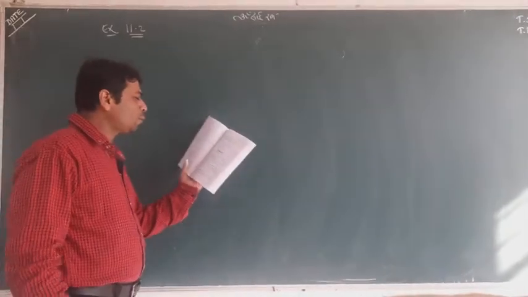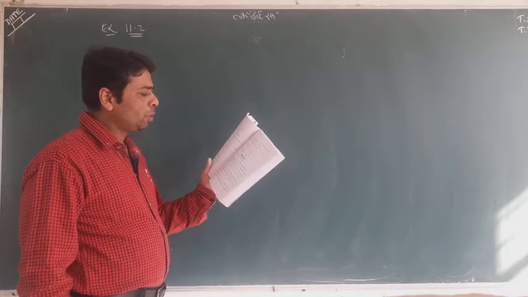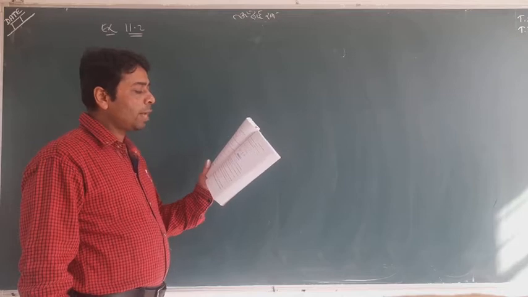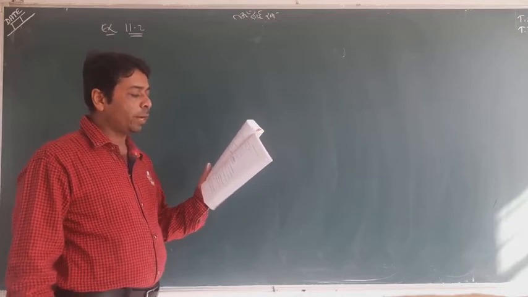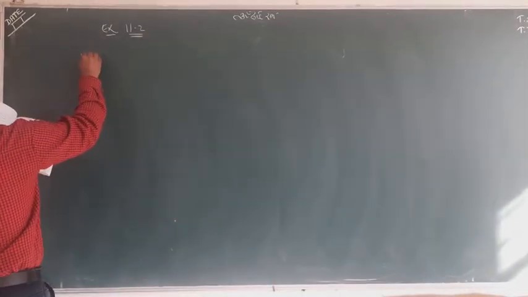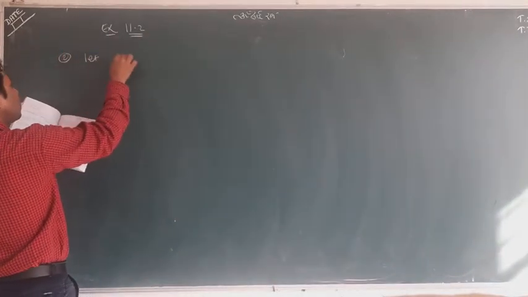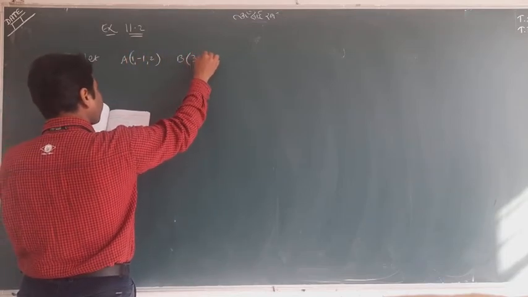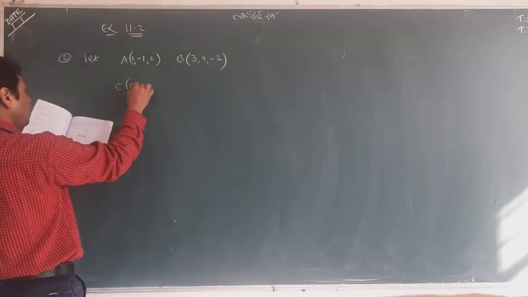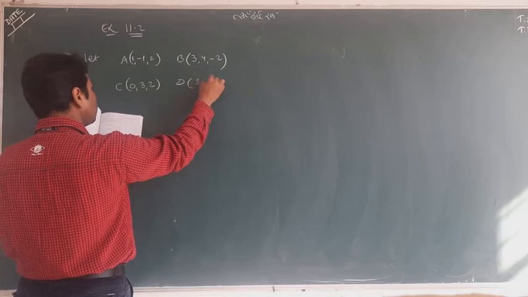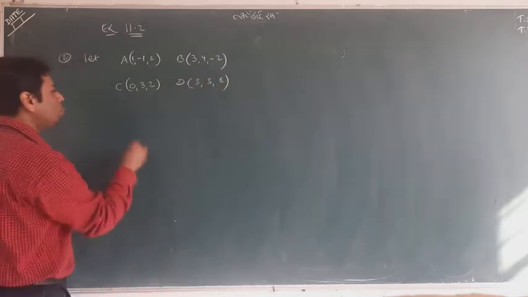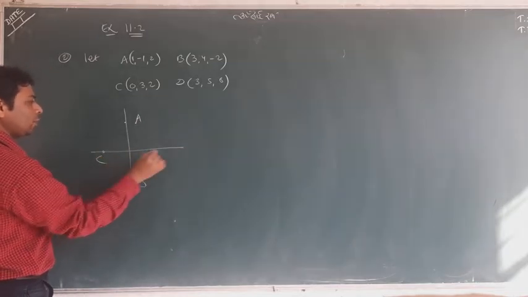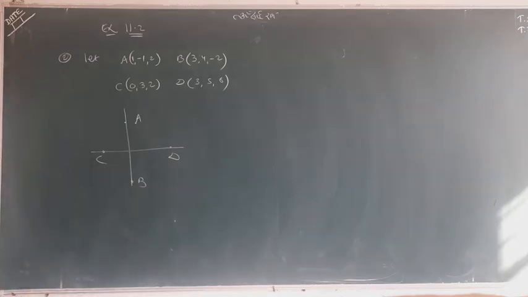So we have lots of questions. I just want to tell you something about question number 2. Can you see the second question? Show that the line through the point this is perpendicular to the line through the point this. First of all, please read the question twice and thrice. First of all, we put some points: A, B, suppose it is C and it is D. And the question says prove that the line joining A and B is perpendicular to the line joining C and D. This is the question. It's a very easy question.